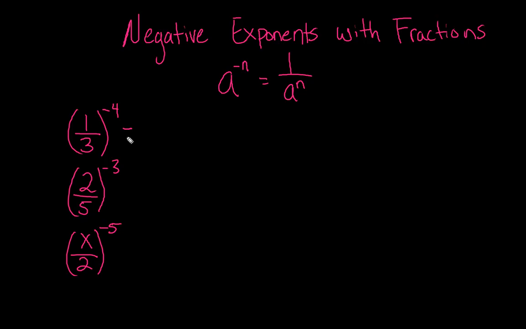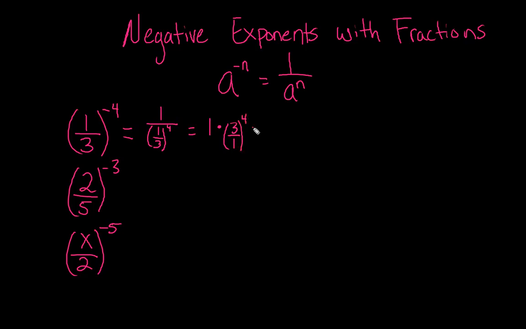So if we use our rule for this first one, here we have 1/3 to the power of negative 4. And so if we use our rule, we're going to just put it over 1. So we have 1 over 1/3 now to the power of positive 4. Well, how do we divide by a fraction? If you remember, we just multiply by the reciprocal. So we're going to take the numerator, 1, and multiply it by the reciprocal, which is 3 over 1 to